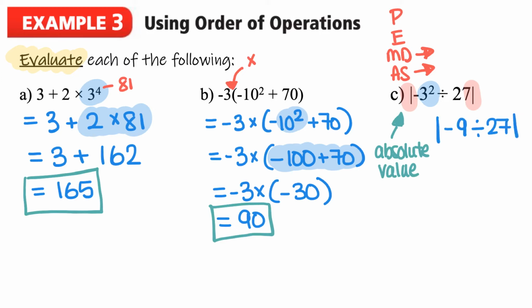divided by 27. Now, I don't like division, neither do you, so I'm going to put this as a fraction. So I'm going to put the absolute values of negative 9 over 27, and I can see that I can simplify this fraction, which gives me negative 1/3 inside the absolute value signs. And because the absolute value signs just mean that we want the positive value, our answer is going to be